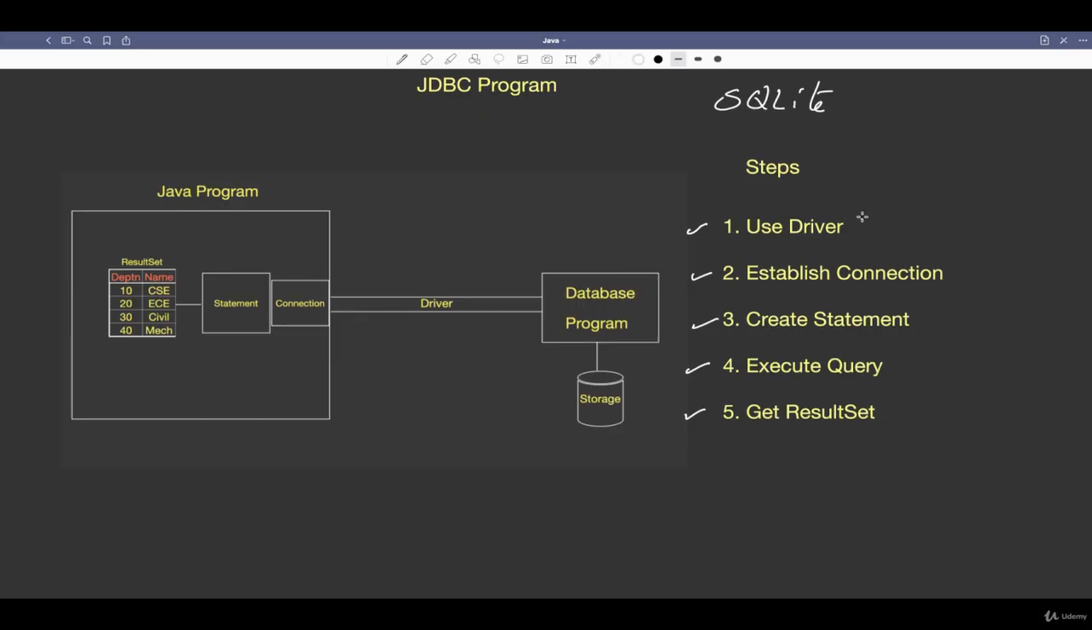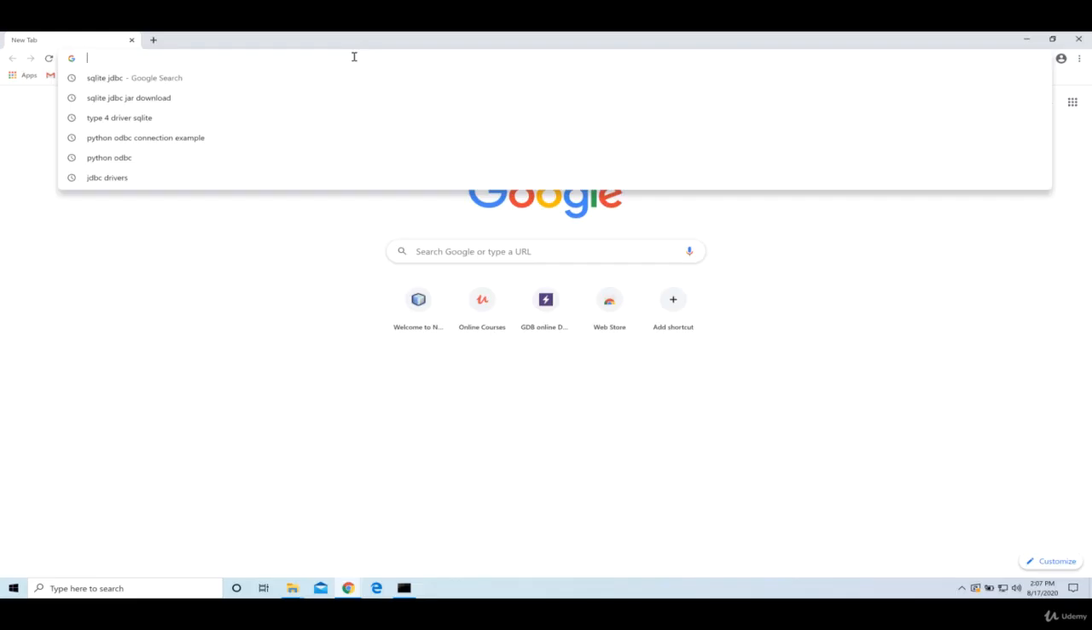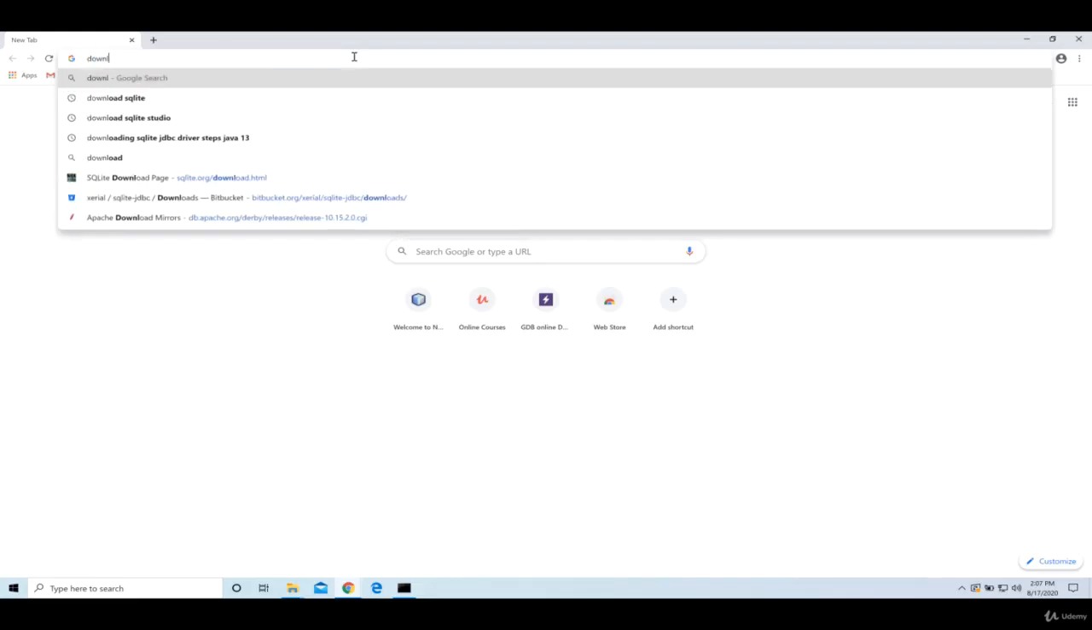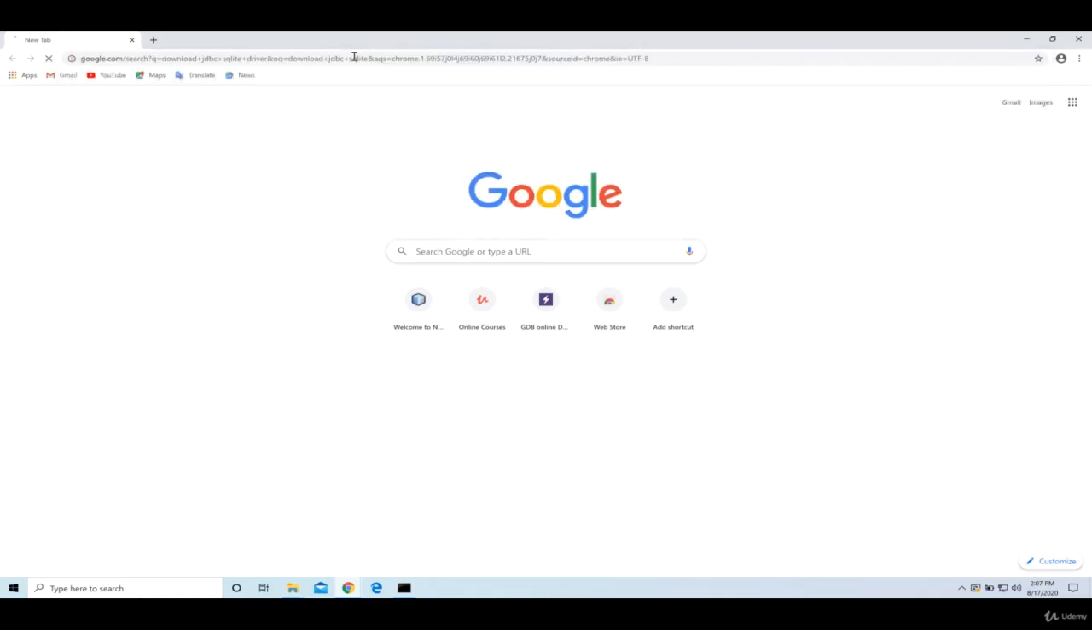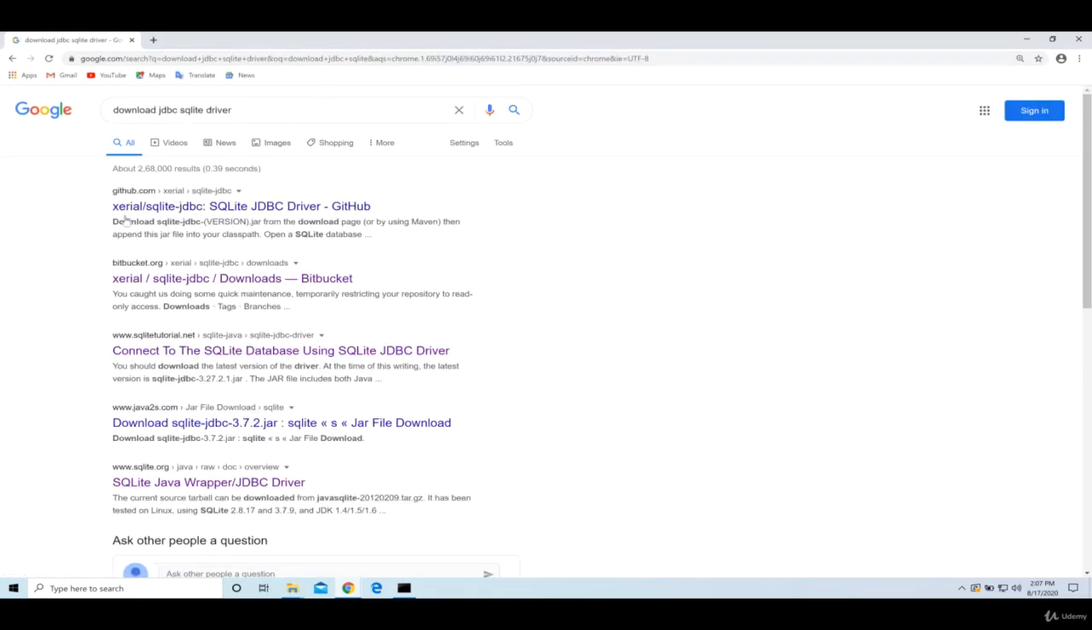But for that, we need a driver. So first of all, we have to download a driver and set it in class path. Then we can use it in our Java programs. So I will first download the driver. So let us see the steps for downloading a driver and setting it in the class path. Go to Chrome browser and say download JDBC for SQLite. See, here we got the suggestion, download JDBC SQLite driver. Click on it. So it is available on various websites. So I will click on this one. Already I have downloaded it from here. So you can click on this one